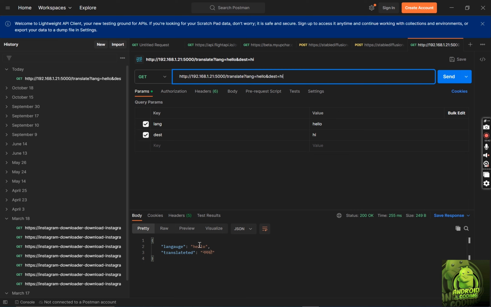You can see that the text I gave is hello, and it is translated into Hindi, because the destination provided is HI, the code for Hindi. So that's it for the API. We are using our own API, and let's integrate it with our Android project. So copy this JSON response from here,